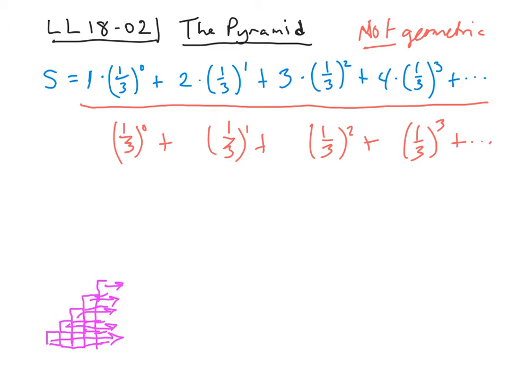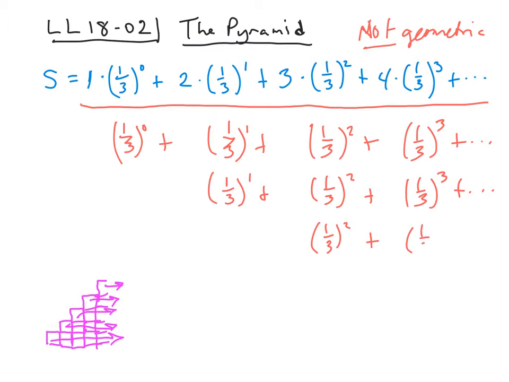So I could actually separate these out. I could write down another sum that looks just like that, and that would be another geometric series, just starts at a different place. Okay, so now altogether I've got one of these, which is what I want. I've got two of these, which is what I want. I have two of these and I need three of these. I've got two of these and I need four of these, and so on. So I'm going to write down another sum, which begins with 1/3 squared, and then 1/3 cubed, and so on. That's another geometric series. And then I'm going to write down another geometric series, which begins with 1/3 cubed, and